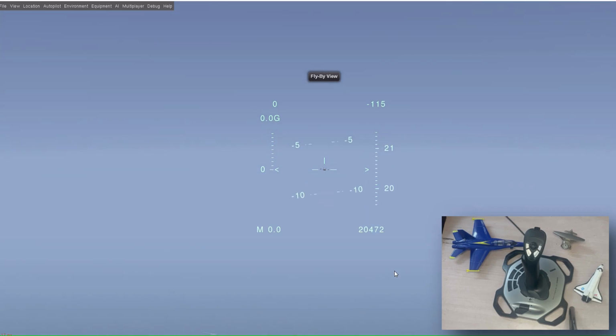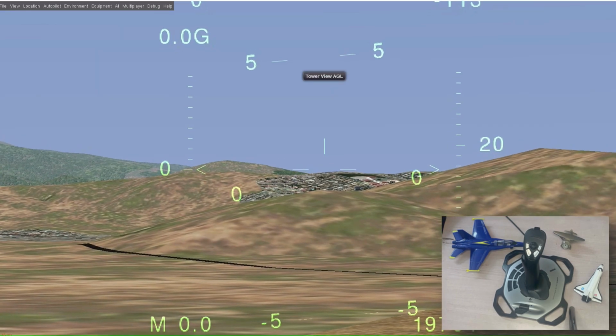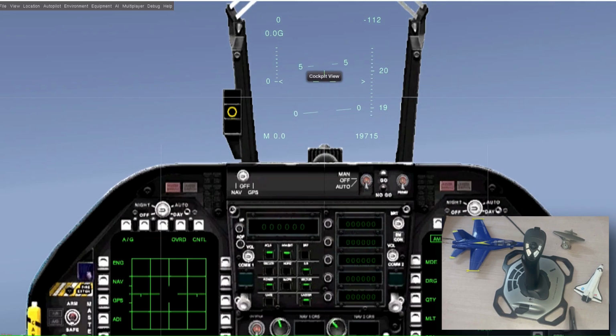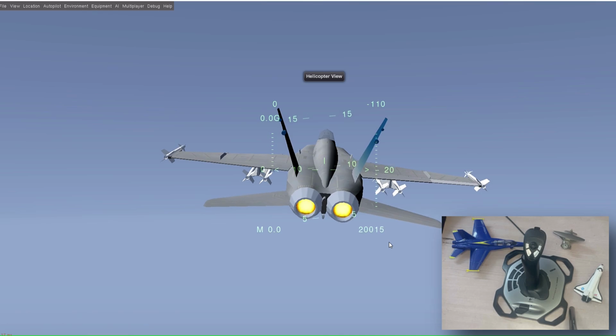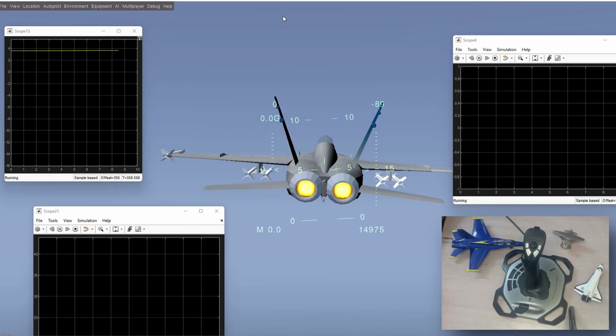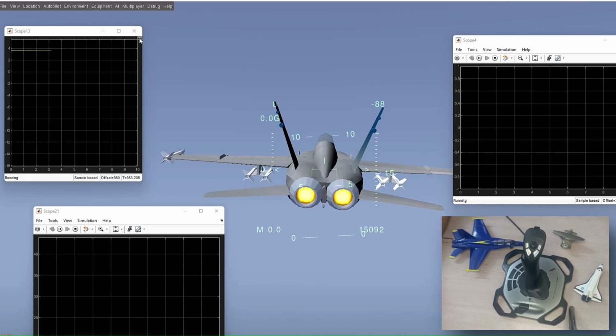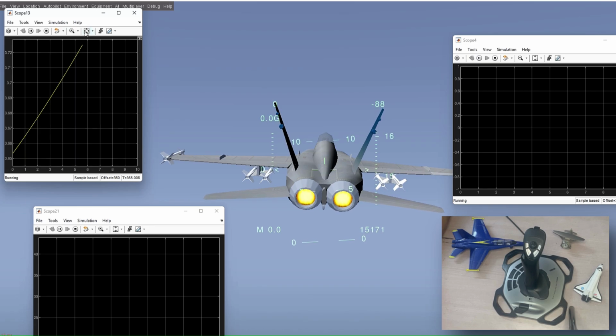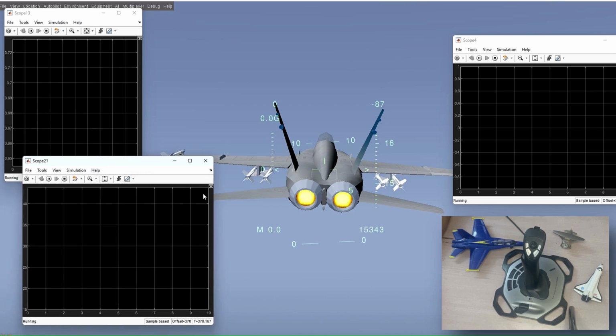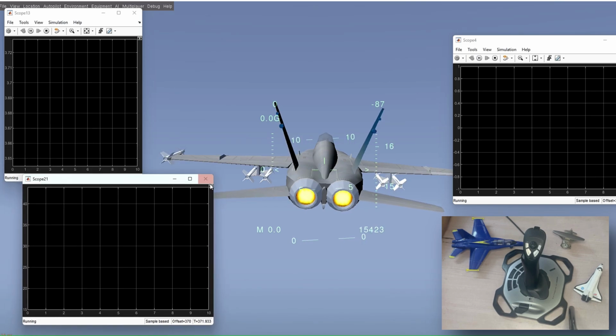You can see inside the cockpit. Actually, you can also monitor. Okay, so basically, with this, you can also visualize the graphs. So you can see the angle of attack is around 3 to 4 degrees. Okay, and at the same time, if you want to see this,